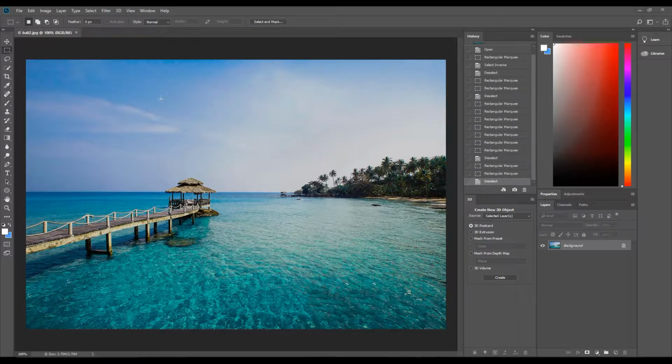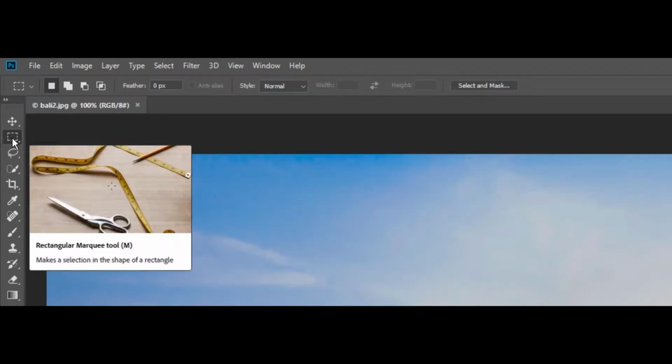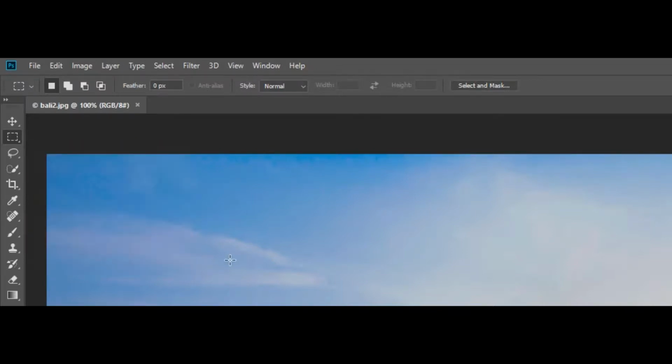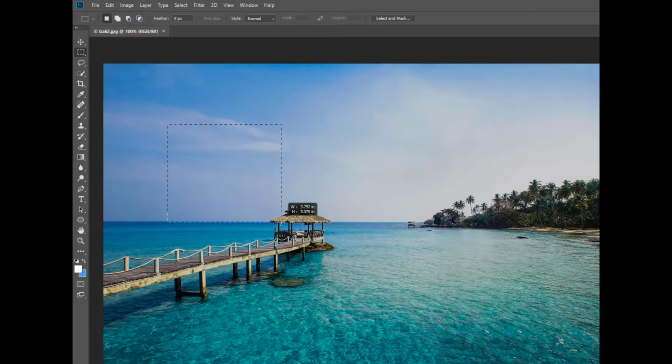Today I'm going to show you how to use the rectangular marquee tool, or as I like to call it, the square shaped selection tool, or rectangular shaped selection tool. So what you're going to want to do is go over here to the left side of the screen on your toolbar, hit M, or just left click on it, and then you're just going to want to drag it